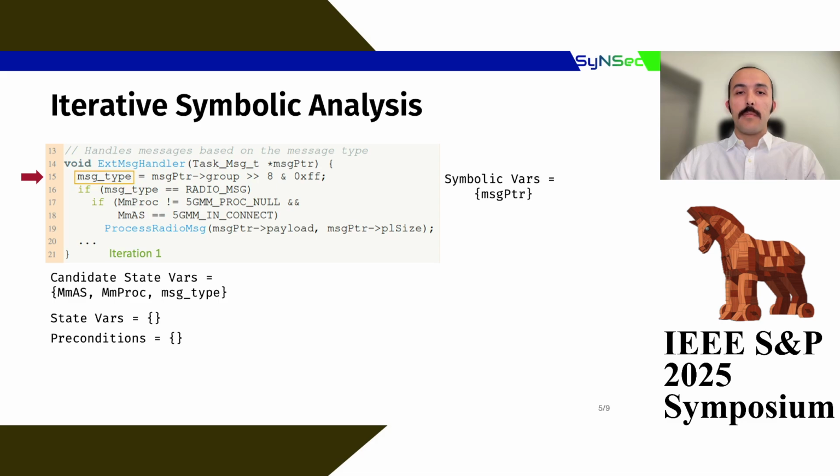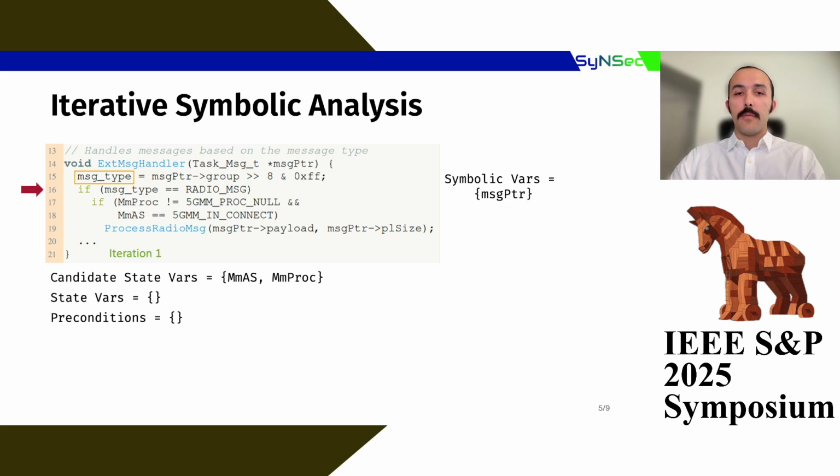Here, message type is assigned before it's ever read. Because of that, Lotus removes it from the candidate set. Its value cannot persist through iterations, and it's not a state variable. Then Lotus proceeds to the branch condition on line 16, and we follow the path where the input is an